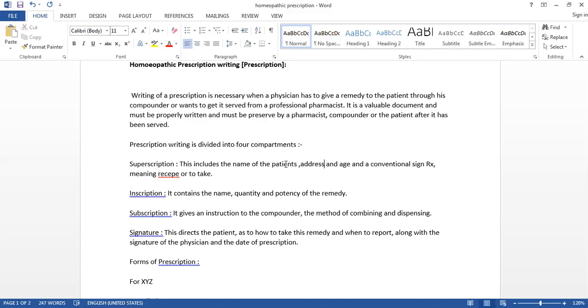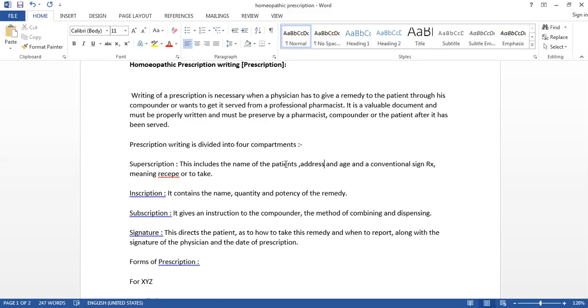And the third thing is that if the patient is residing nearby to the OPD, then in acute cases the physician can call him as the physician wants. He can call him in 2 days or 3 days. He can communicate very well with the patient. If the physician gives an LM potency, then in that case he has to report after 2 to 3 days. So in this way distance matters and hence the address is important.